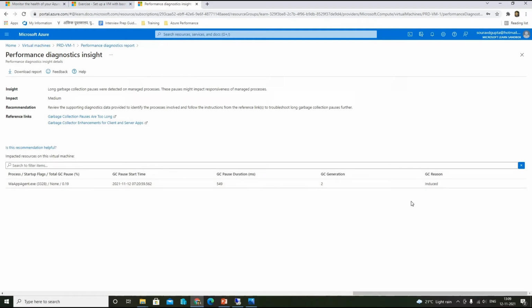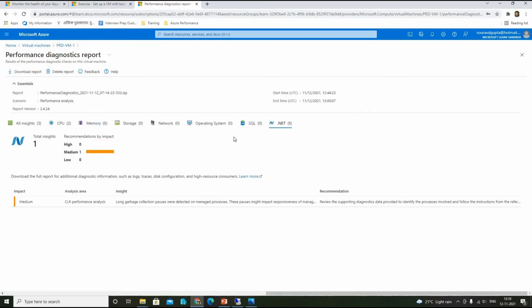The reason for this high CPU usage is quite understandable, because this is coming under CLR, so this is coming under .NET. The reason for this detection is the long garbage collection pauses on managed processes.